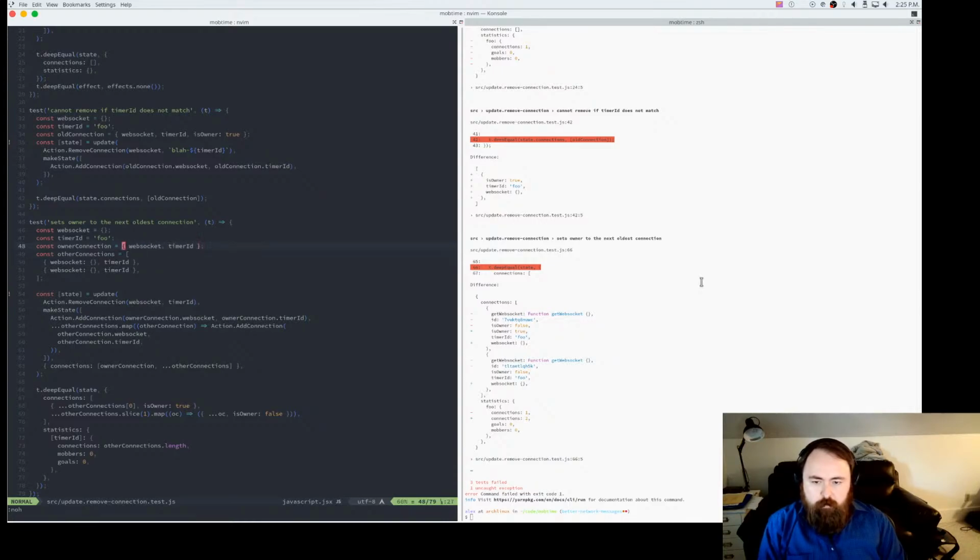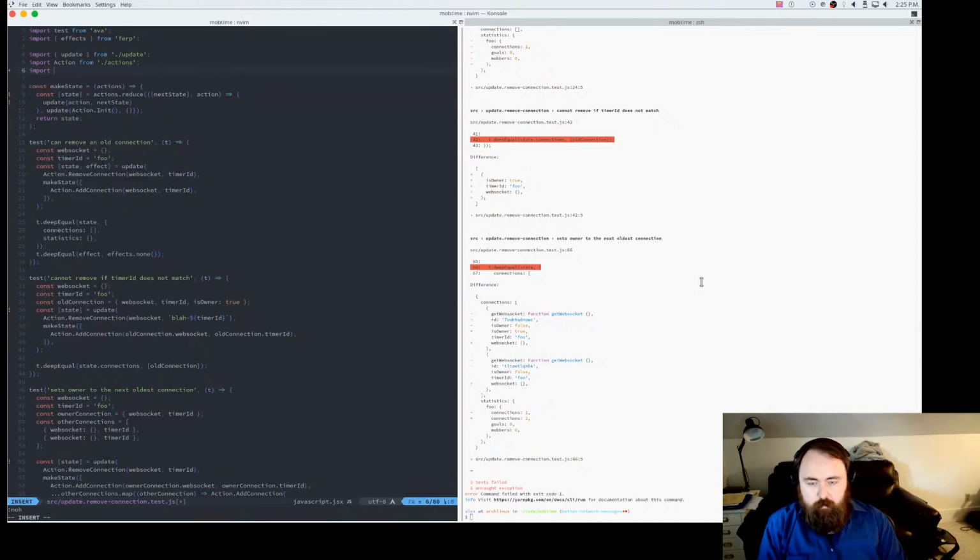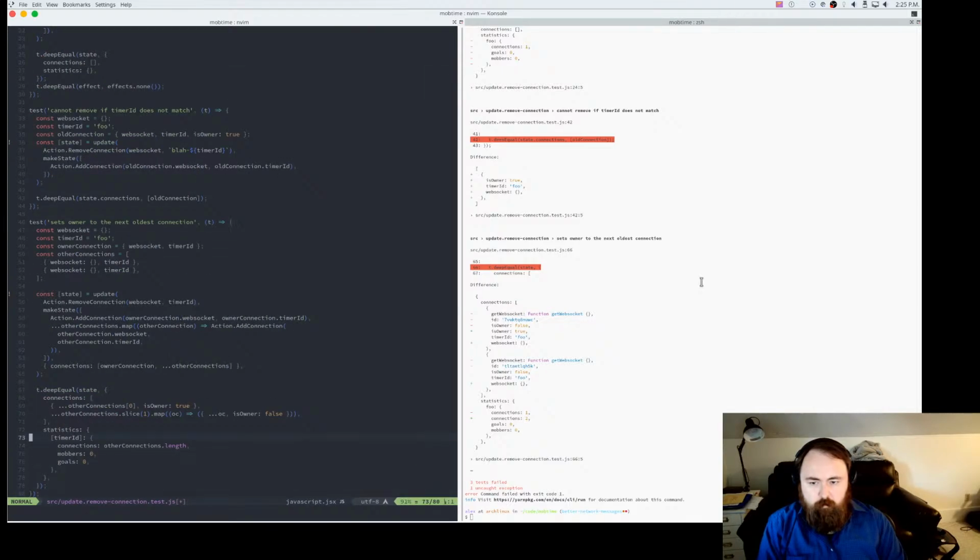we have a connection, but it doesn't look like a real connection. So let's do import star as connection from connection. So we got a WebSocket there, and we need a timer ID, and then we can use defaults for everything else.